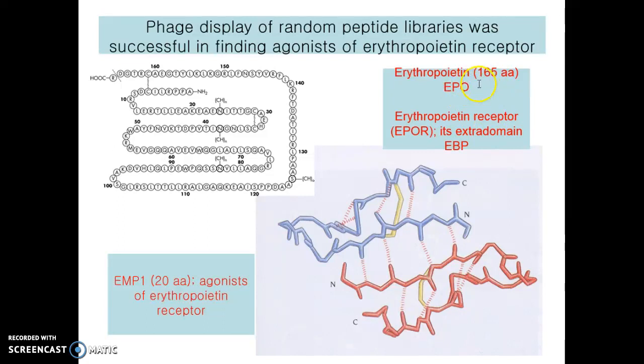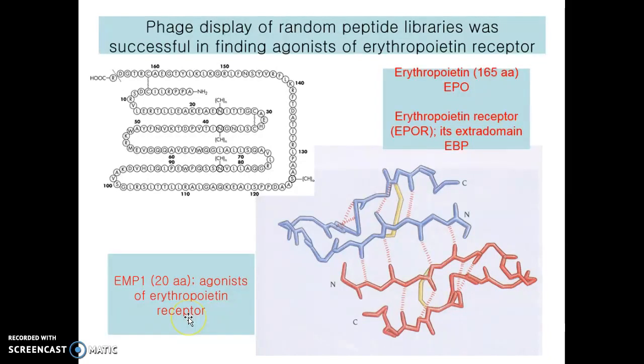Erythropoietin has 165 residues, shown here, and they tried to make a peptide which is 20 residues long, called EMP1, functioning as an agonist of